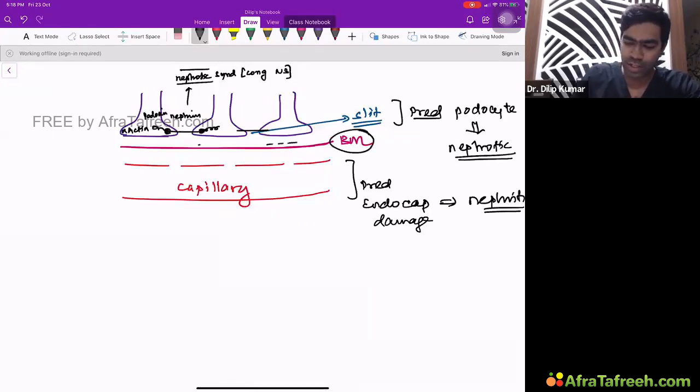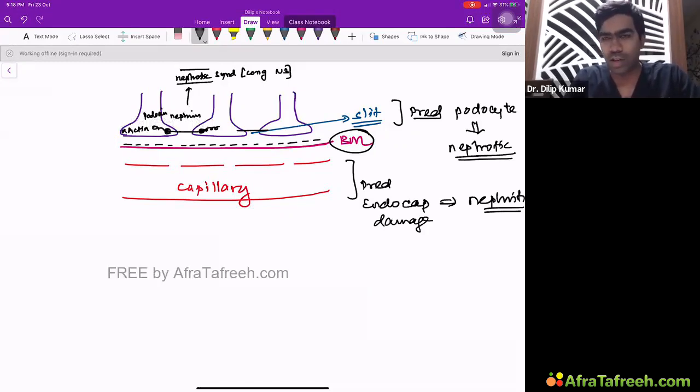We know that. The reason that the basement membrane is anionic is because of the protein constituents of the basement membrane that are seen normally. And many times, albumin is something that can easily cross this endocapillary region. It's not like albumin cannot cross the endocapillary region. Albumin can cross it easily. So even though albumin crosses the endocapillary region easily through the fenestrations,